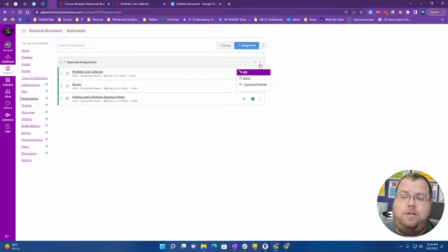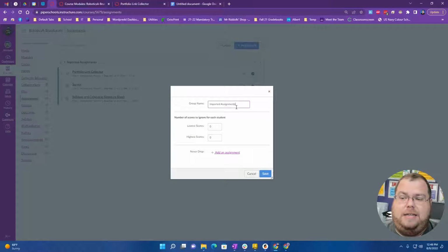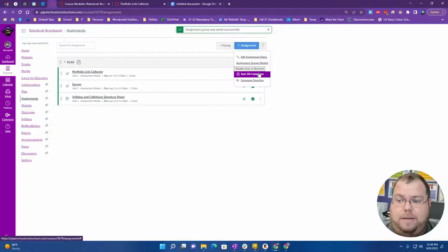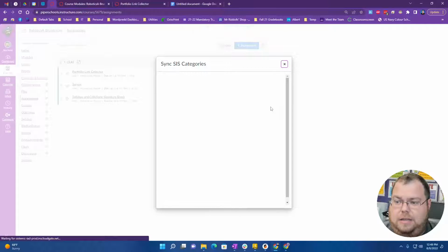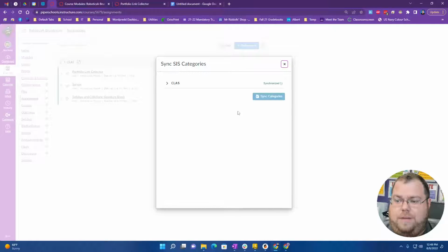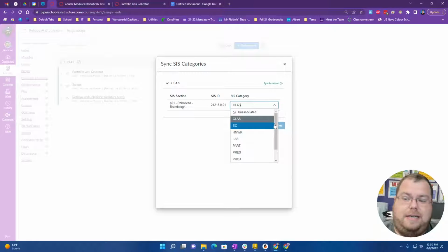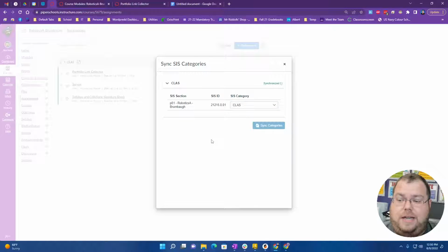The other way you can do this is by going in here and choosing Edit and just renaming it to CLAS in all caps or whatever the category is. Here, when I click on this drop down in just a second, there we go. Whatever is listed in here are appropriate titles for assignments, quizzes, things of that nature, and they will sync to